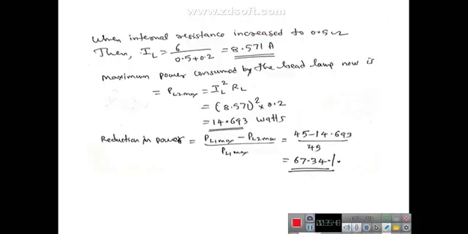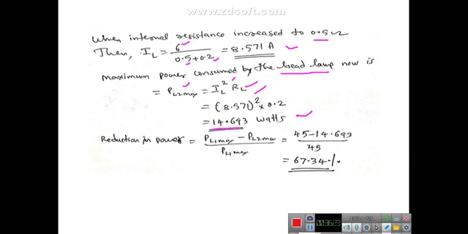Now when the internal resistance of the battery is increased to 0.5 ohm, then IL is equal to 6 divided by 0.5 plus 0.2, so the current is 8.571 ampere. Then the maximum power consumed by the load, the headlamp or thermometer load, PL2 maximum, is equal to IL square into RL. So IL is 8.571 square into 0.2, so that is